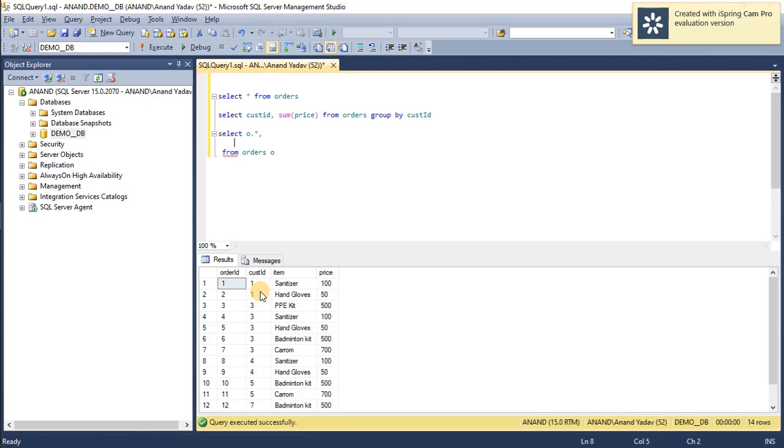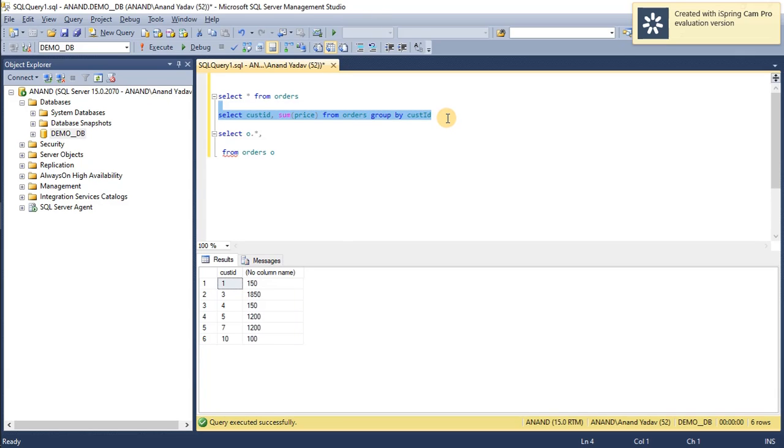And now I want to compute the same thing that the aggregate function did. I want to obtain the total amount spent by customer ID equal to 1. So customer ID equal to 1 has spent 150 rupees. Now let's see here.